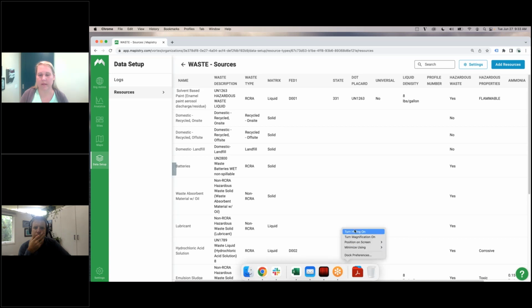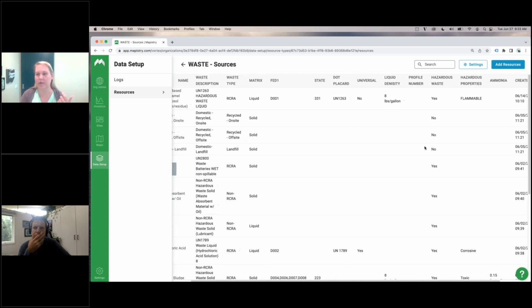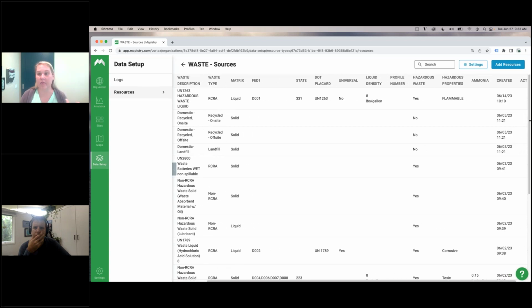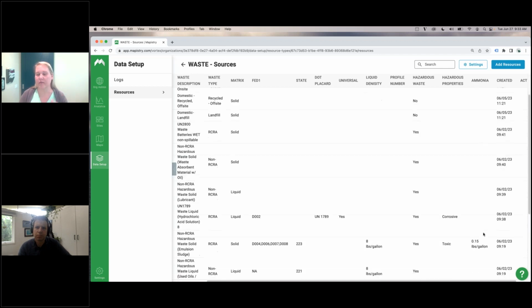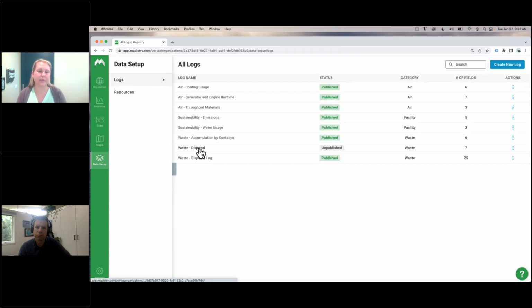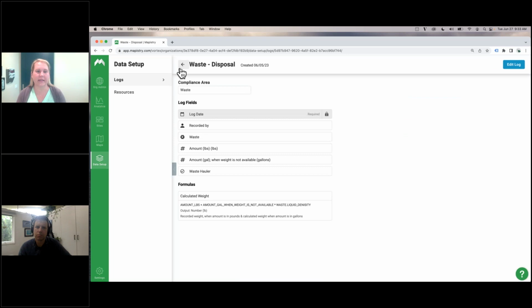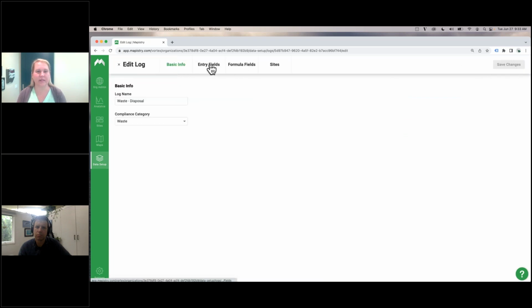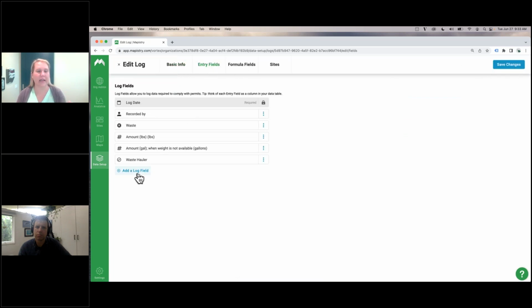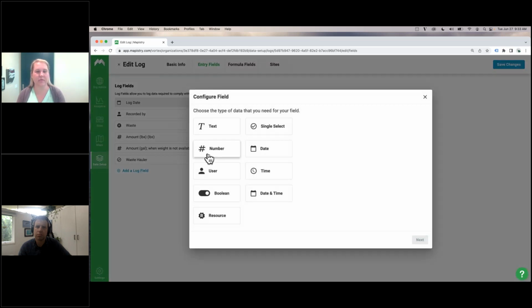Hold on. If it's fairly consistent in your waste profile, then it would be best to define it in the resources. If it's not consistent, you can add it as a field where you're adding the lead percentage each time a waste is recorded. And that consistency,